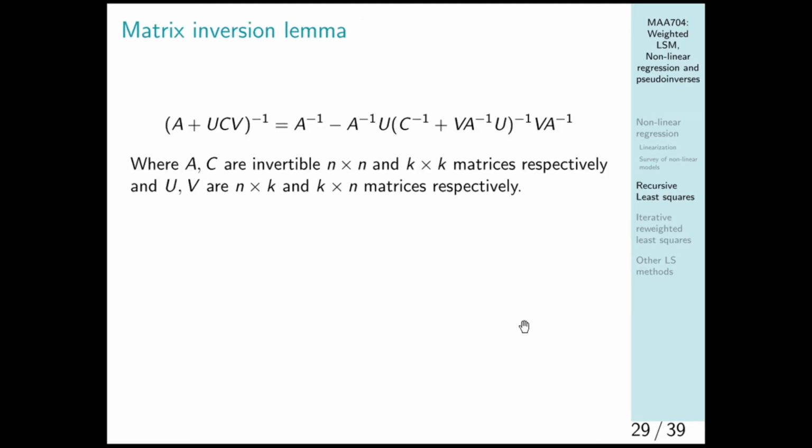In this case, we're going to remember, or show in case you haven't seen this before, that here A is an n times n matrix, U is n times k, C is k times k, and V is k times n. So this is an n times n matrix. And what this matrix inversion lemma says is that the inverse of A plus UCV, to the power of minus 1, is calculated in this way. Now this looks a bit bulky,